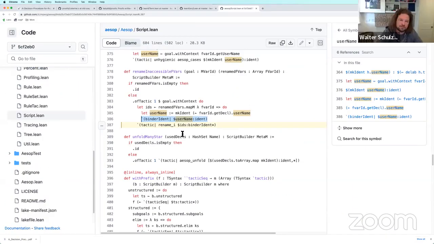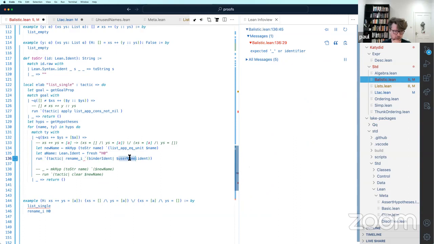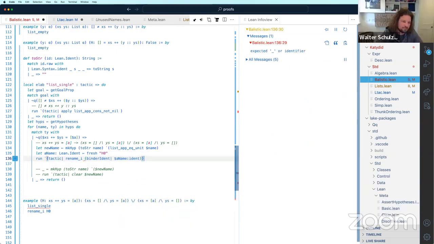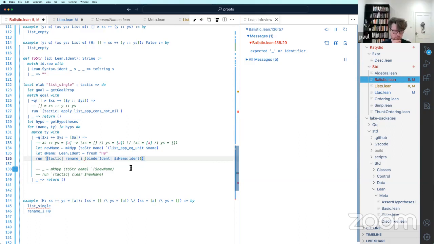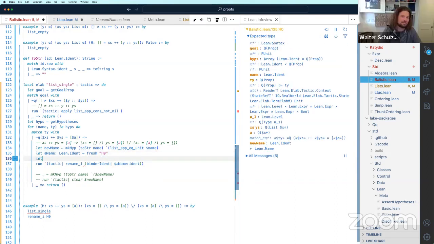And then how do you do that within a quote? We shouldn't need the backtick. I don't know how you do this. Is it tilde? Do we splice? Oh, wait.